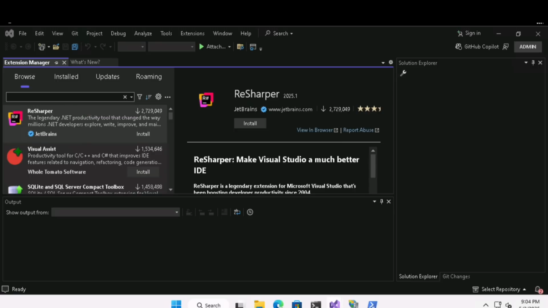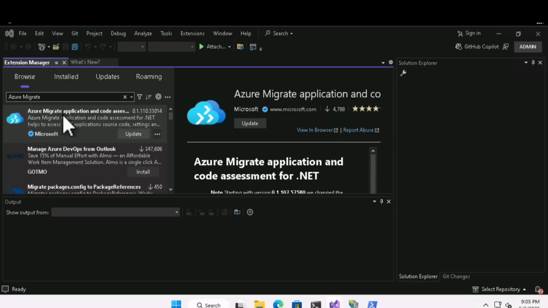Here you can search for Azure Migrate. You can see that Azure Migrate Application and Code Assessment is already installed. I can click on update. There is an update for it. So that's good. So this is how you can come in here, and if you don't have it and you're